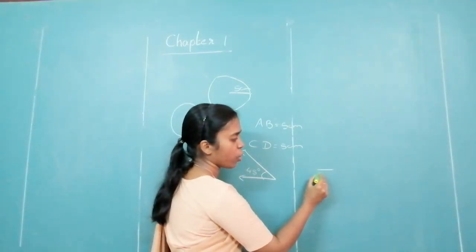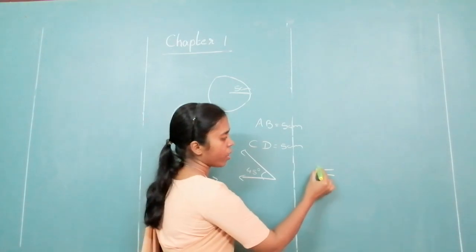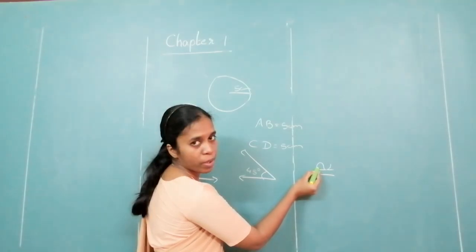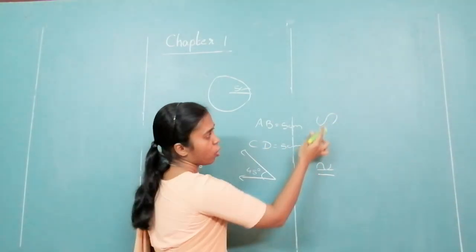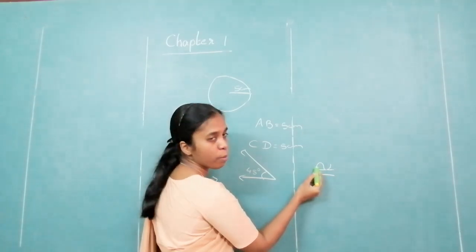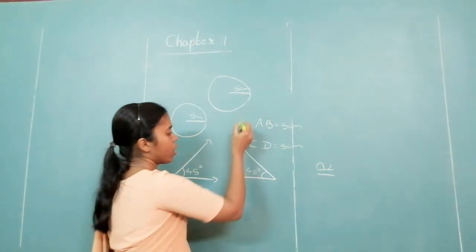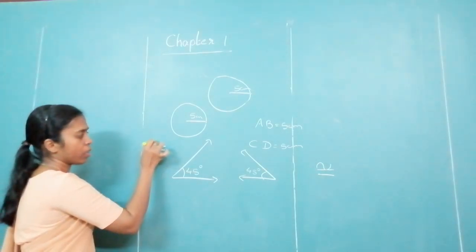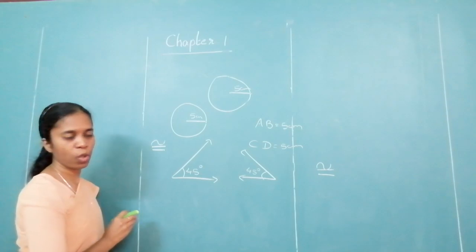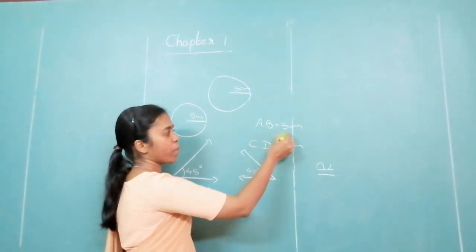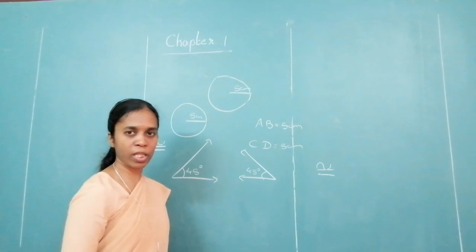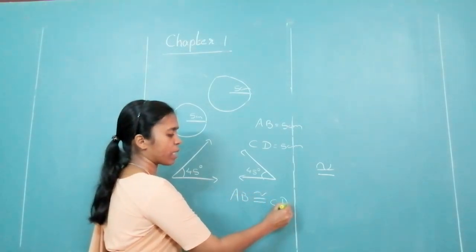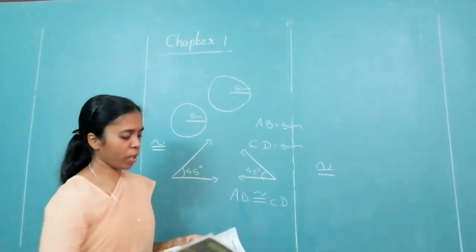Congruent means you don't write equal to sign and then you put this symbol on top. Remember that, starting from here. Some of you do like this. Opening is not on top, okay, starting is below, okay. So put an equal to sign and then draw like this. This is a sign for congruence. So when I say segment AB is 5 cm, segment CD is 5 cm, I will be writing AB congruent to CD. Similarly for angles also.